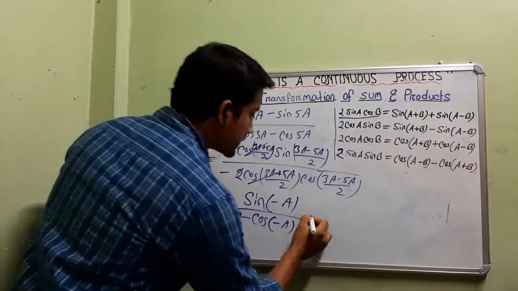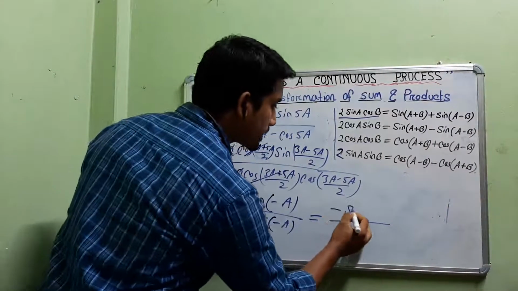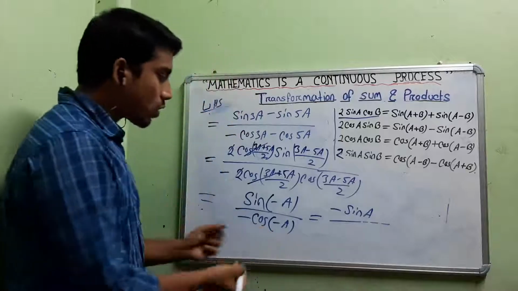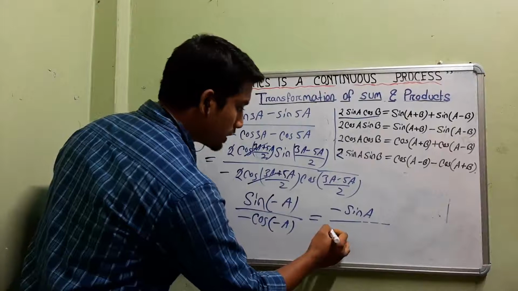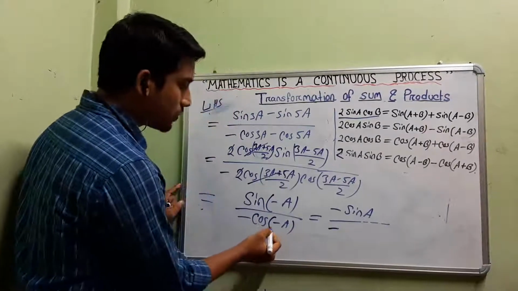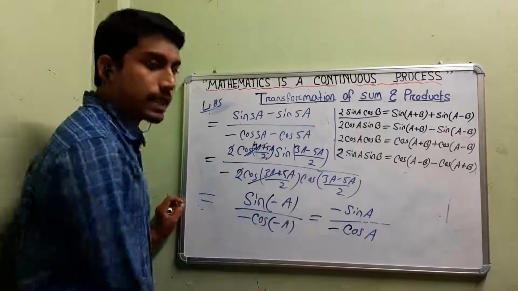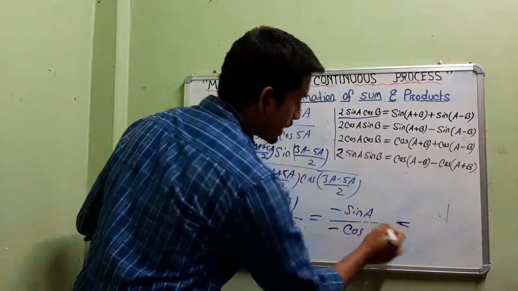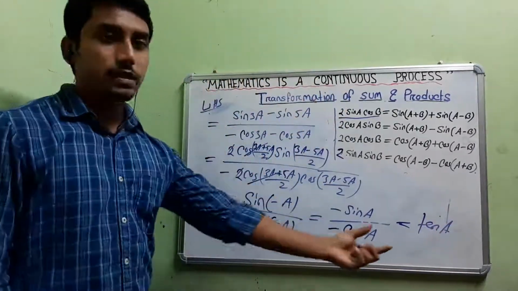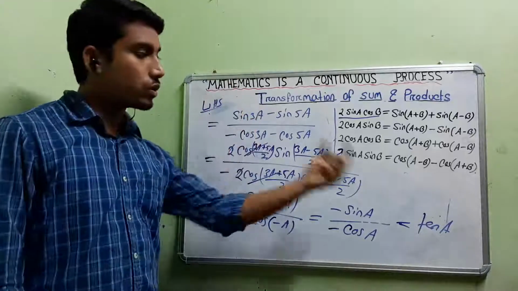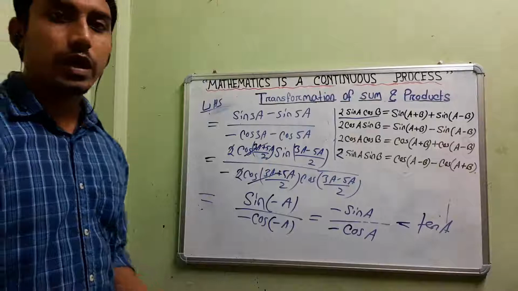Now we know sin cannot absorb that minus, it is coming out. So it will be minus sin a. But cos can absorb the minus. There is already a minus, and this minus is absorbed by the function cos. So there will be only cos a. Now the minus is cancelled, minus became plus. So what is remaining? Sin a by cos a is giving you tan a. So this is the thing. We got the right hand side. From the left hand side we got tan a. Okay, so hence proved. So this is the process. In this way we will follow.